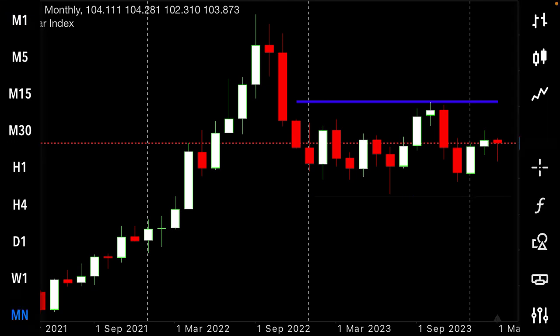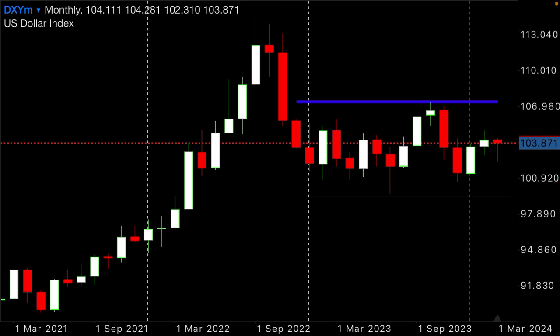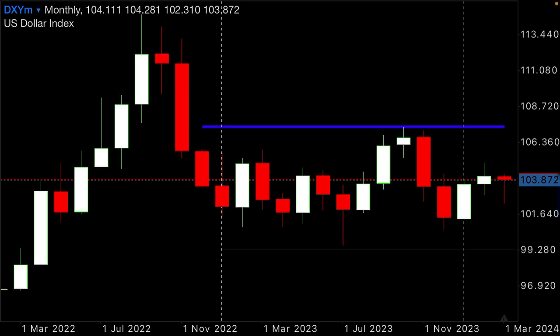And obviously we have 2022's, which is this low and that high, but I'm not going to mark it out. So we want to see if the market is moving away from the previous quarter's high or previous cycle's high, previous cycle's low. So when you look at this chart,